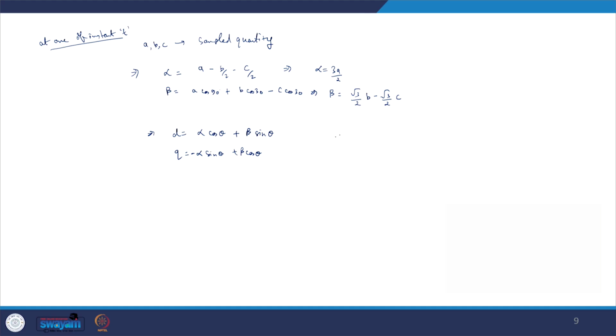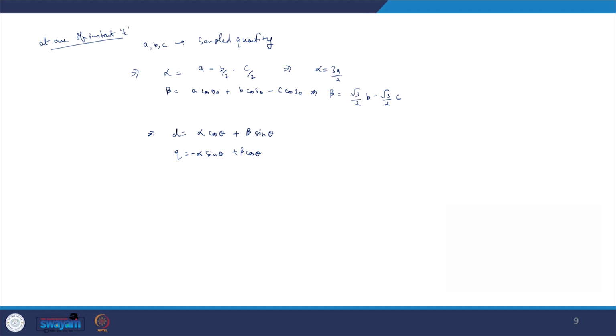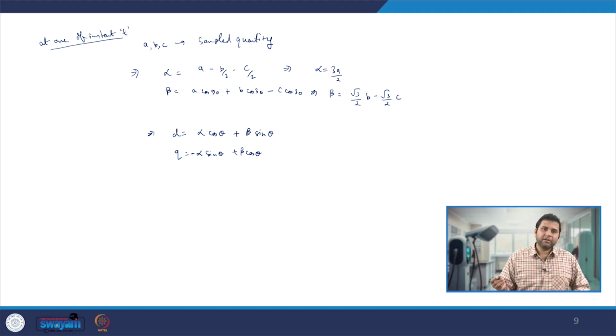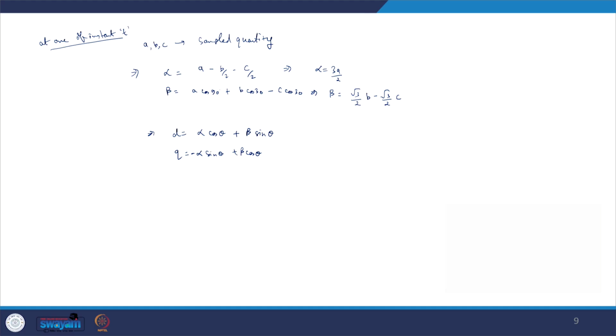Using these quantities you can represent your supply voltages, the voltages applied from the converter side, and the current drawn from the source. So you can define Is alpha, Is beta, ISD, ISQ. Similarly, from the supply side you can define VSD, VSQ, Vs alpha, Vs beta, and from the converter side you can define V converter alpha, V converter beta, V converter D, V converter Q axis components. Once you define those components you can control them independently, because these axes are 90 degrees apart from each other.